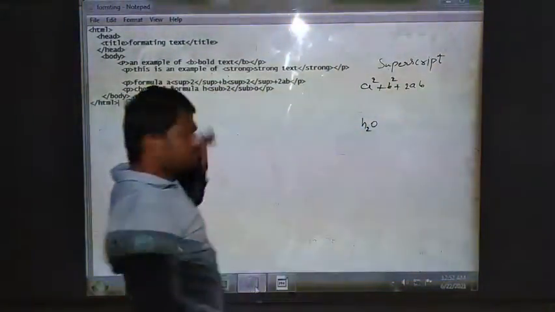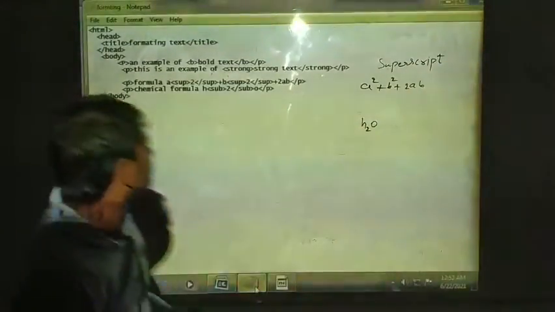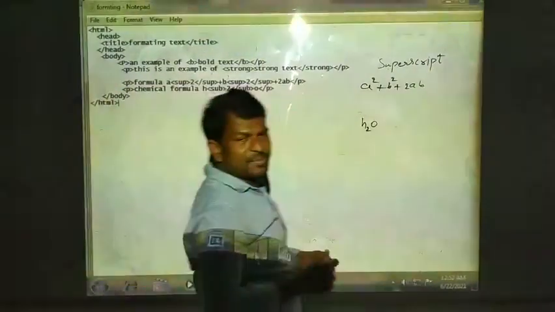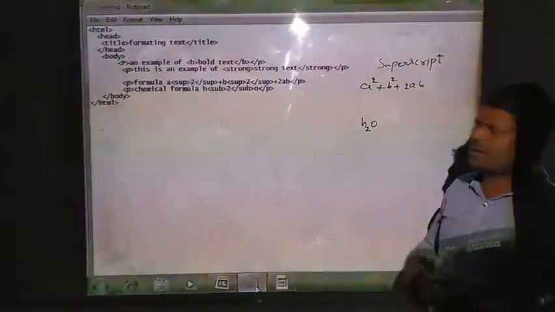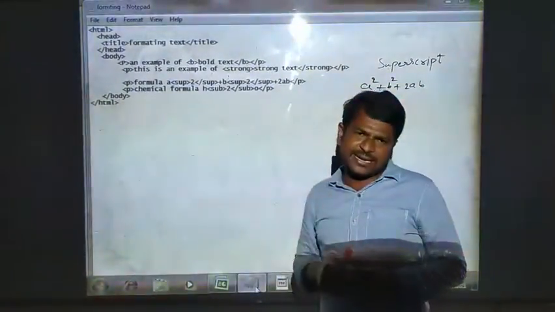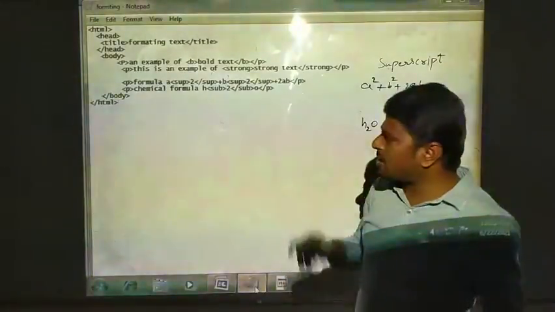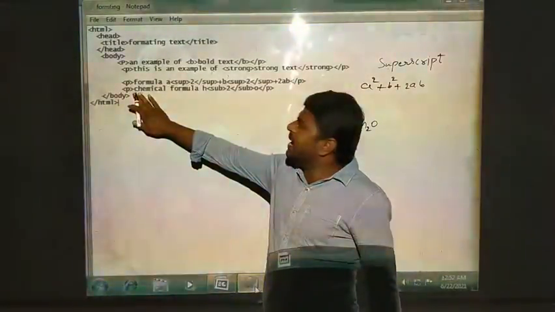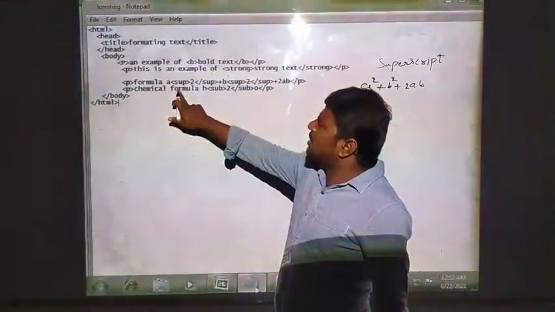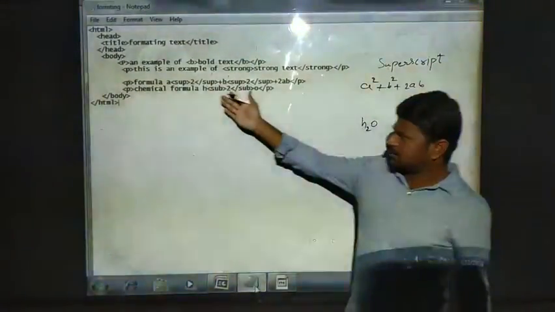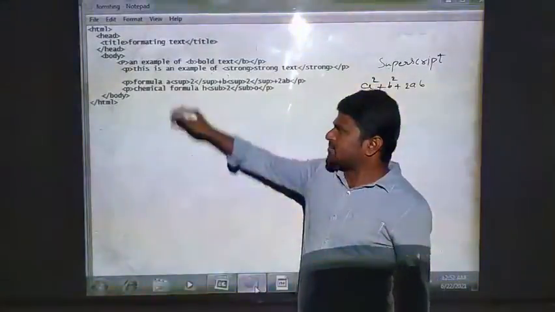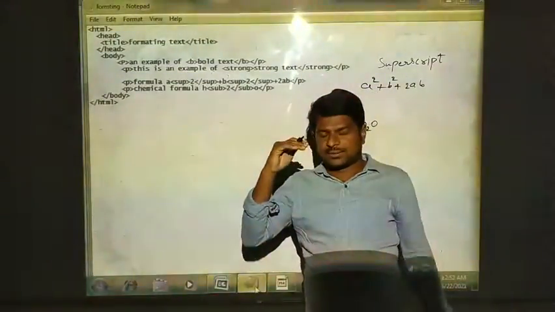Now many tags are there for formatting. Many tags are there in HTML. For any formatting tag, you have to use paragraph tag. In that you have to use all these subscripts. We can say subtags.